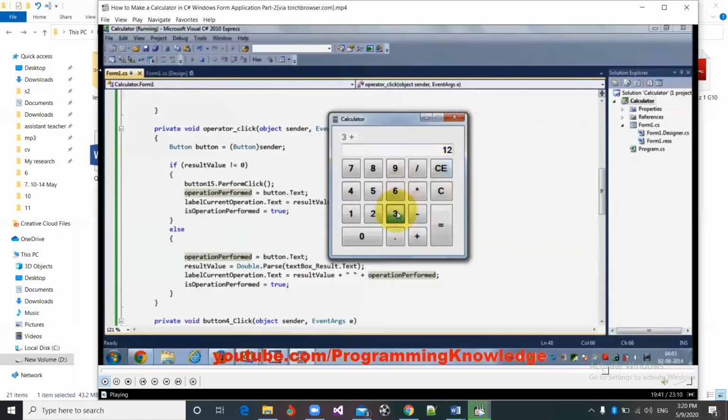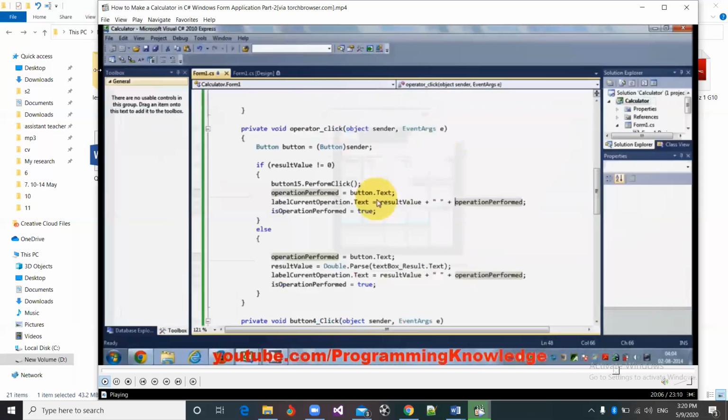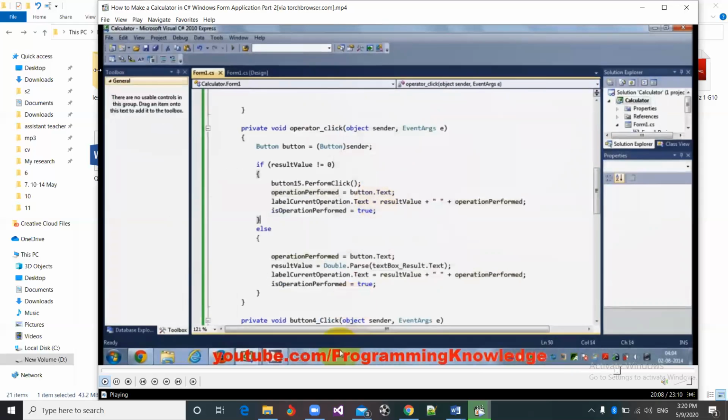So it's showing the result to us, right? 3 plus 2 or 32 plus 36 plus, still it's not showing the correct result because this is not changing, right? So when I click plus plus plus, it's only adding 3 to it. So to correct this,